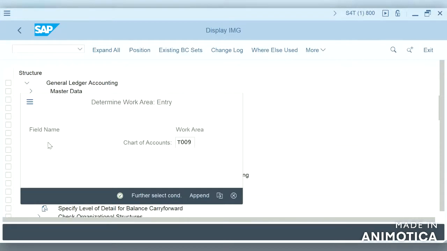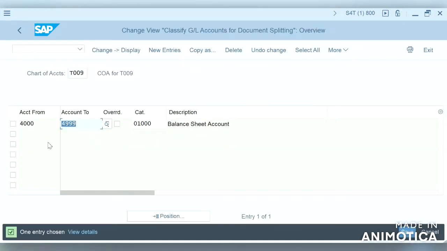So this is our chart of accounts, and 4,000 I think is an expense account, right? So let us check our account group BT4.